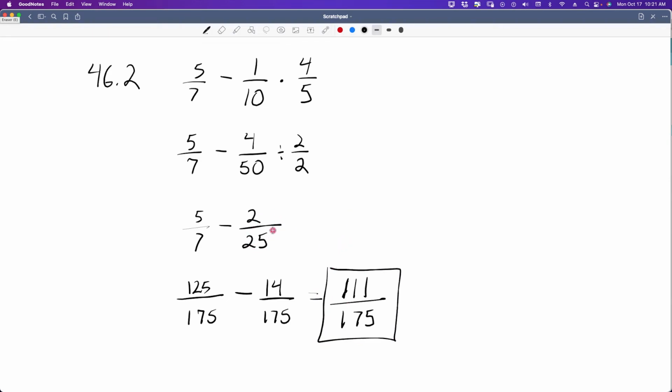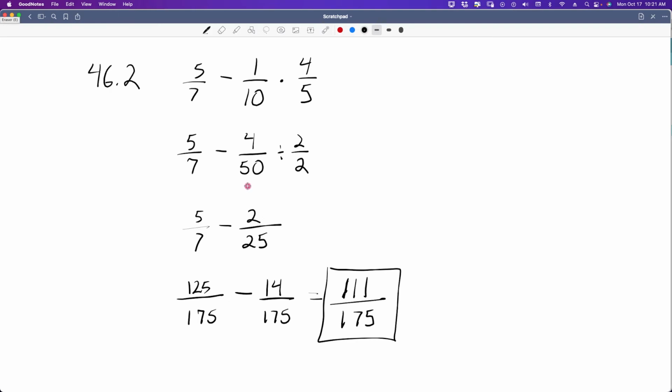So think about doing this whenever you have a number or a fraction that can be reduced before you have to find a common denominator. Work smarter, not harder. Reduce those bigger numbers, those bigger denominators, if you can,